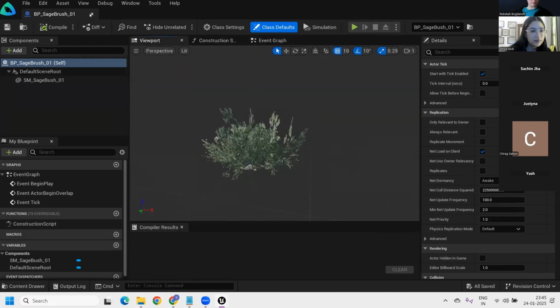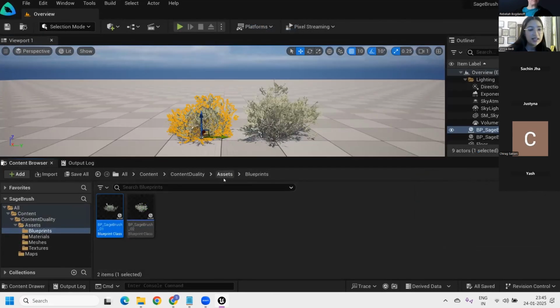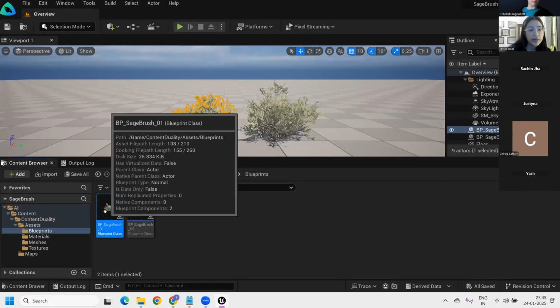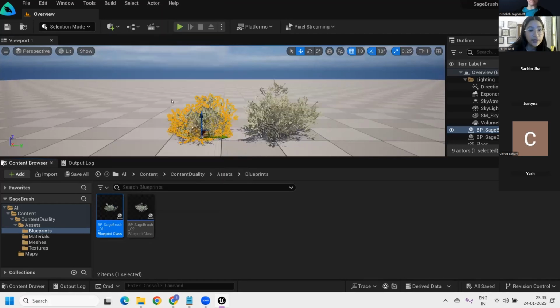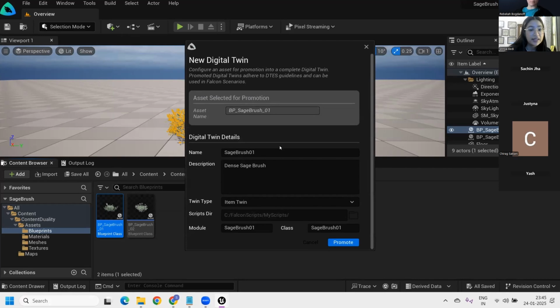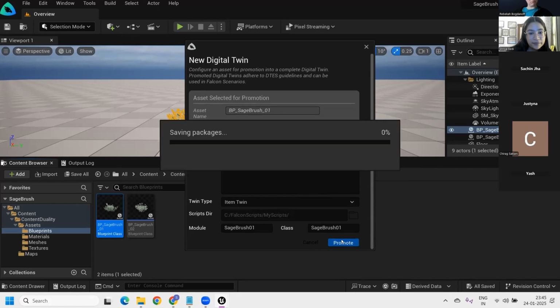And just to show you that it's a regular blueprint, let's say I wanted to convert this to a twin. I just simply have to right click and then click promote to twin. And I can give it a new name. So let's say I want to name this new. And it already knows that the type is item twin, so it doesn't even give me an option. It gives me a utility twin option, but because I want it to remain as an item twin that I can place, we'll leave this as item twin. And if I just click promote,